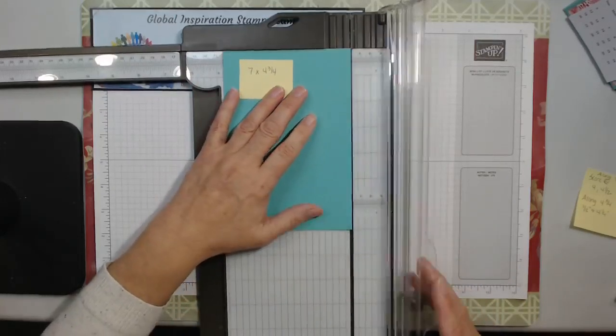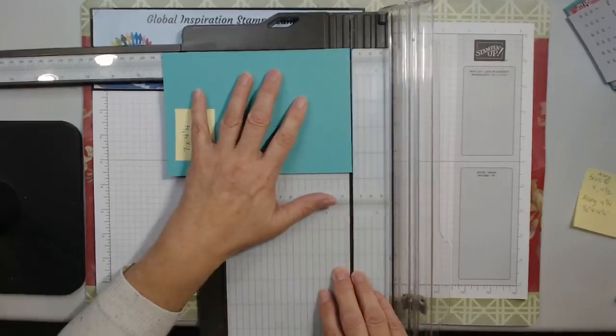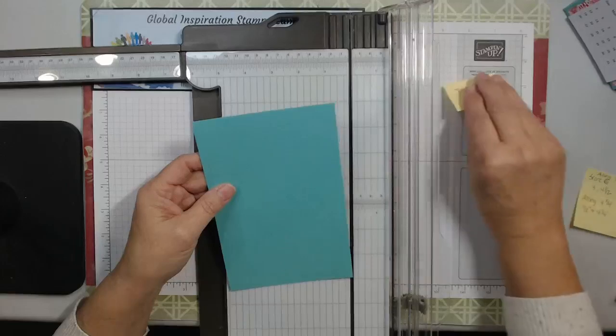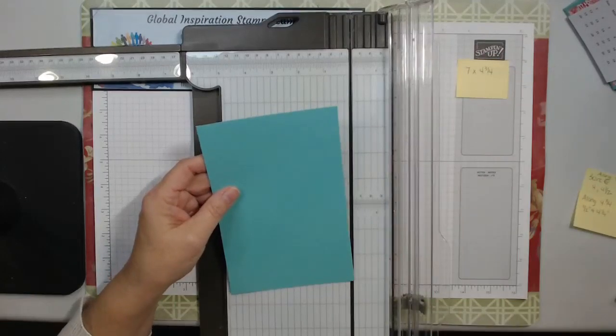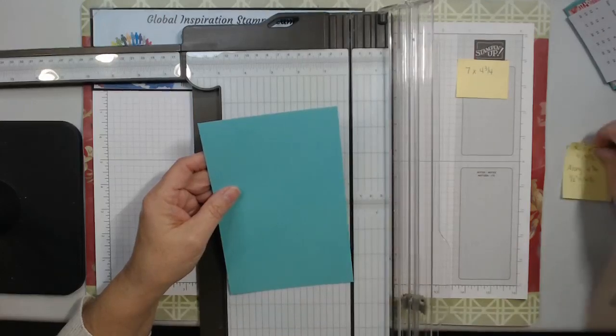So I'm going to trim this piece I have down if it needs it. It's already at 4 3/4 and it's already at 7. So perfect. From this, you would easily get 2 out of a sheet of standard cardstock. All right, we are going to score this guy